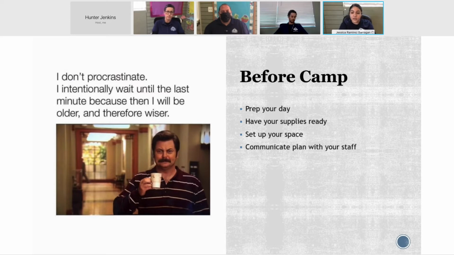Okay. Also, communicating your plan with your staff. This should be something that your lead staff or your director should be assisting you with in advance. If you're coming in before you set up a certain game or do a certain activity, make sure that you're communicating what your plan is. If you have to readjust, if you have to be flexible, if you don't have a specific ingredient for that day, for example if you're making slime, make sure that you have all of that ready to go